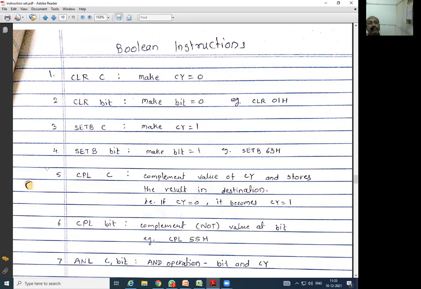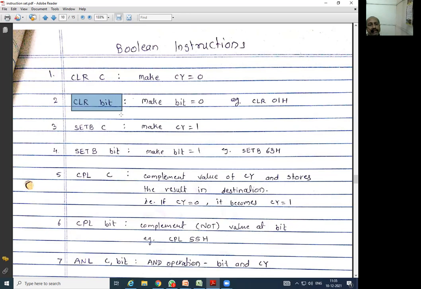So in that, first instruction is CLR C. So what does it do? Clear C. C here it is written, but internally it is CY. Make CY equal to 0. म्हणजे carry 0 करण्यासाठी this particular CLR C instruction is used. Particular carry. तसंच जर तुम्हाला दुसरी कुठली बिट 0 करायची असेल, like P1.2, P1.3, P1.4, त्यासाठी वेगळी instruction आहे.